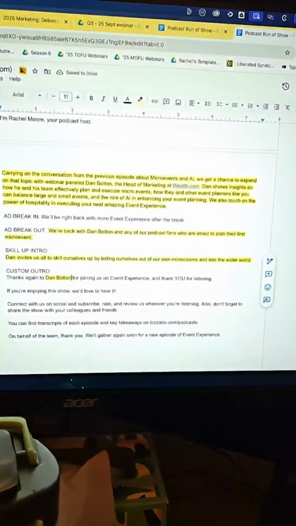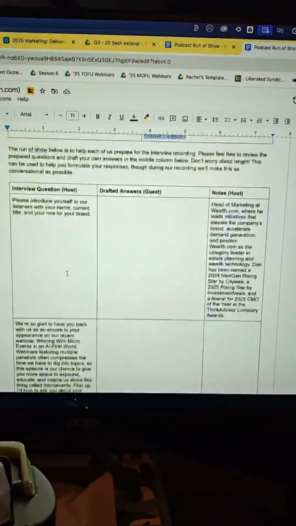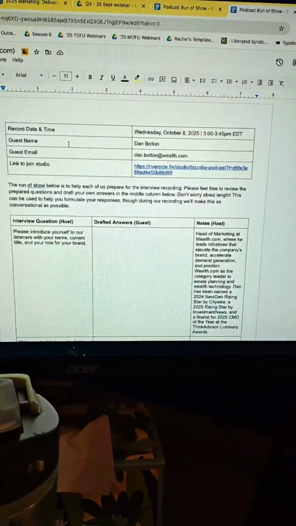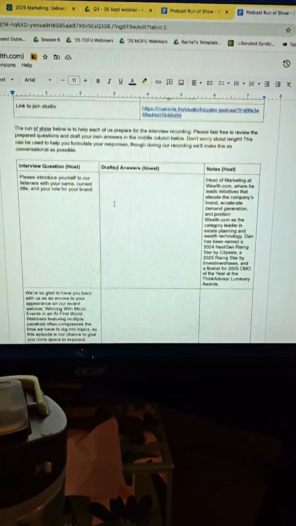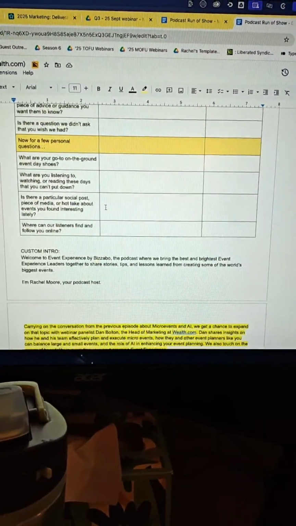Okay, actually, I'll show you guys what I'm doing. Sorry about that. So this is my run of show. Like I said, it's super simple. I'll probably make this so people can get it if they want. It's a Google Doc, y'all. This can be a Word doc, whatever. It's literally just tables in a Word doc, but I have it laid out and I follow this every time. I share this with my guests, and I pretty much follow it.